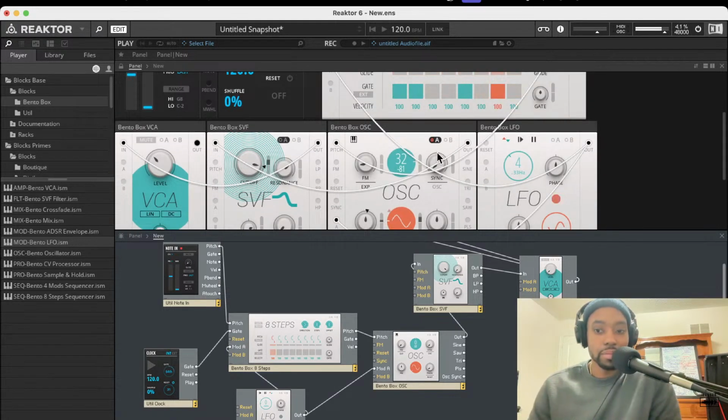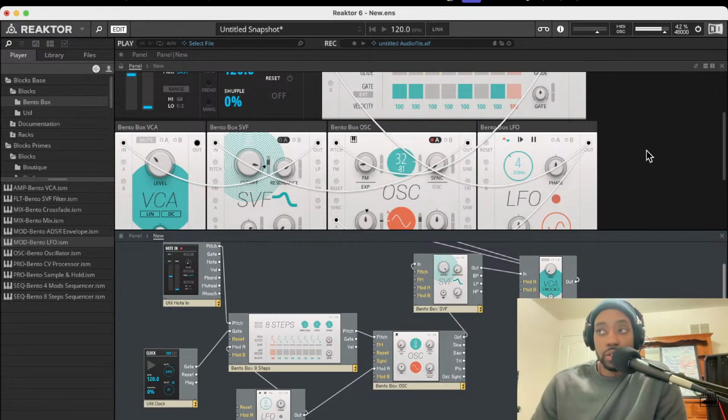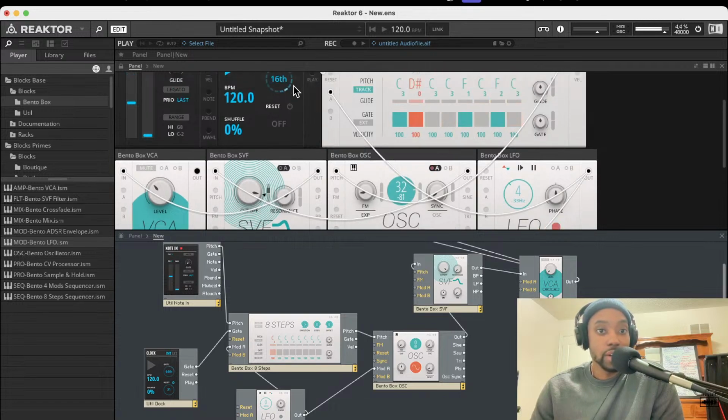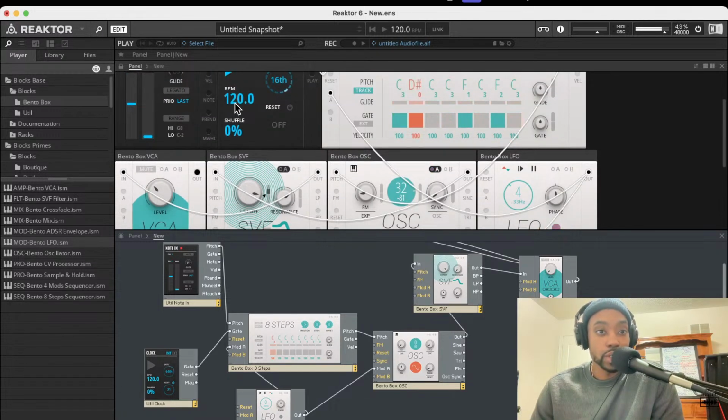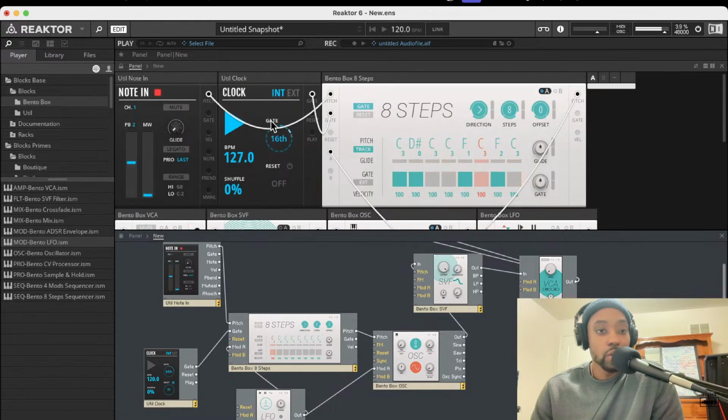And there we have it. Pretty much, we've used our clock to generate a sound, our note in, our clock to generate basically a tempo, which we can manipulate over time. We've also used our 8-step sequencer to provide a tone, and then we've hooked that up to our oscillator, filter,